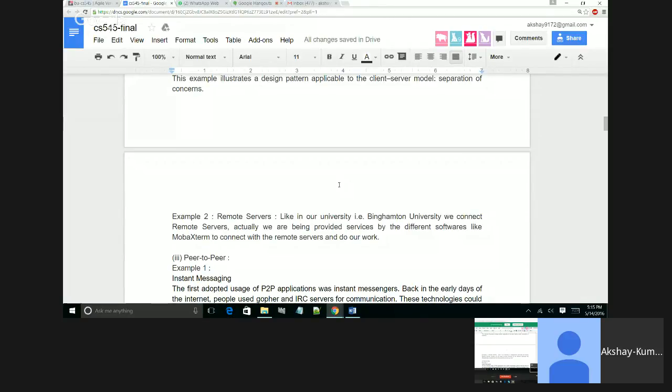So you can add your SSH link over here. This is a connection for SSH we create with remote servers. I don't think he should add SSH, because he's writing about MobaXterm. He's explaining MobaXterm, and it is connecting to a remote server. So I don't think he should write about SSH.